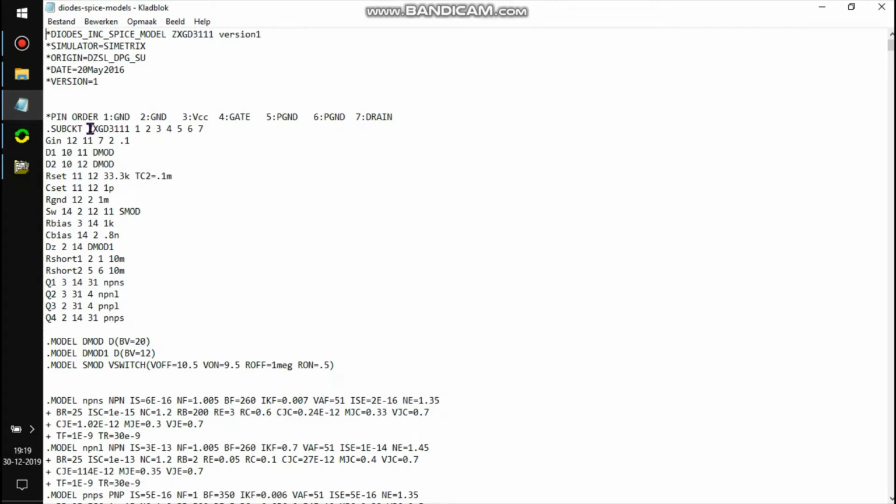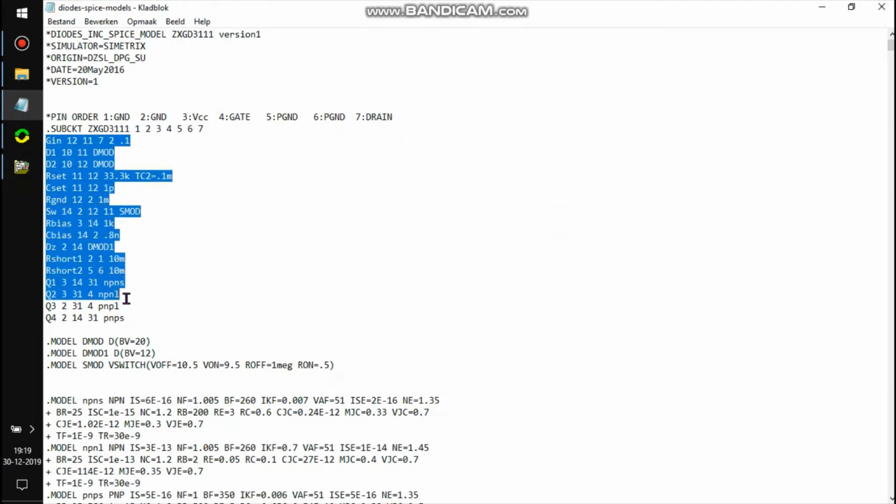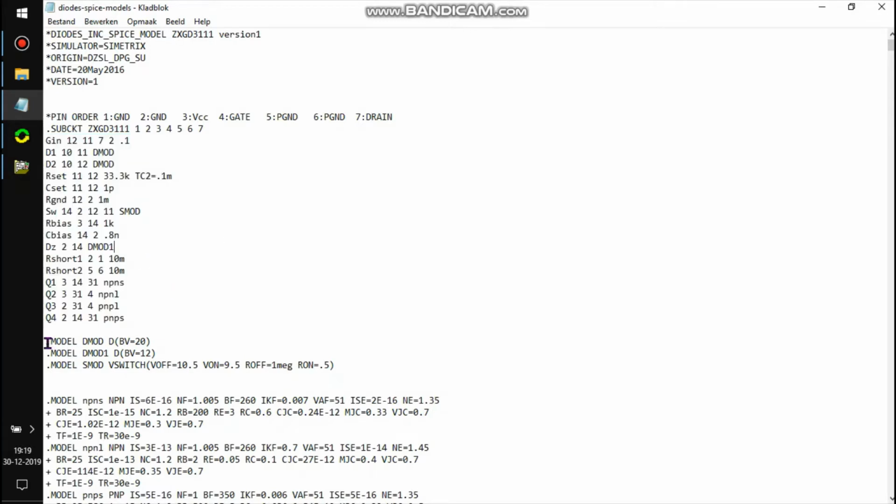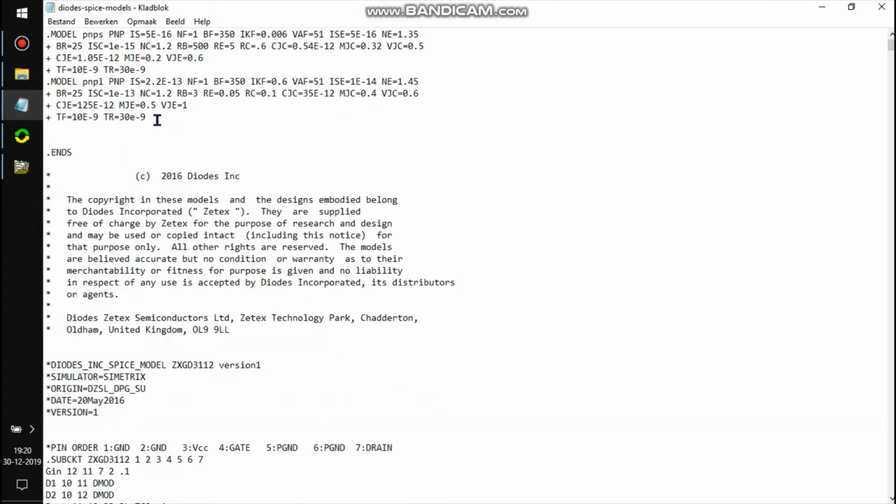Let's say, I don't know what this component is, but it has 7 connections to the outside world. But if you look inside it, there's a lot more connections, and there are all kinds of models for the components inside this part. More models here.